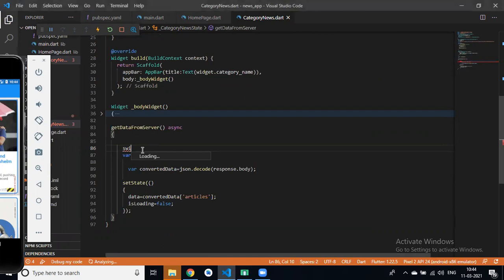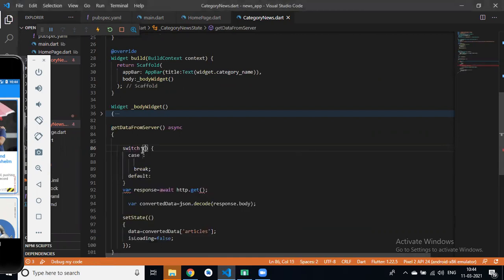So how? In the switch we have widget.categoryName, and if our category name is sports, then setState.